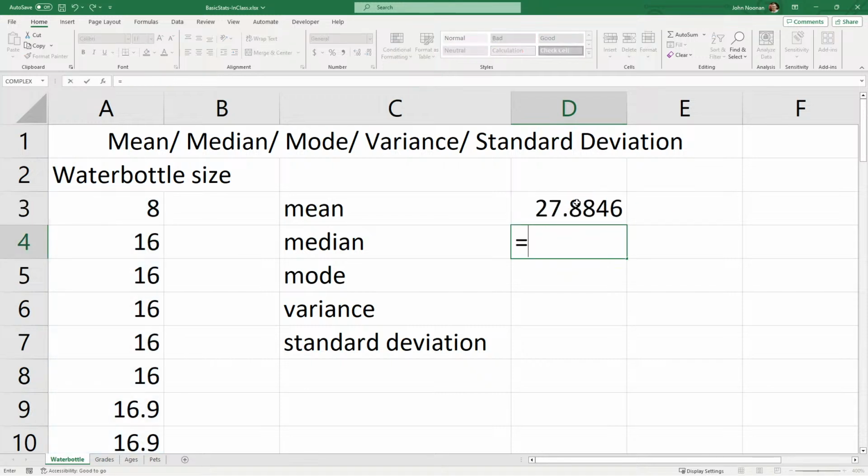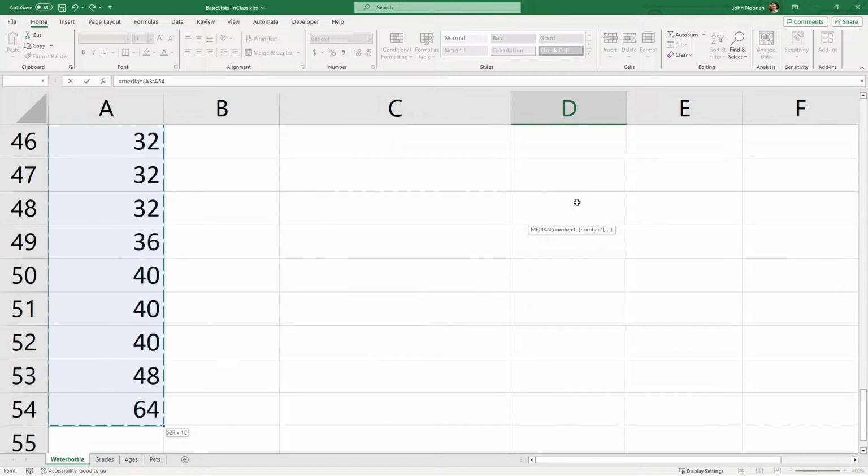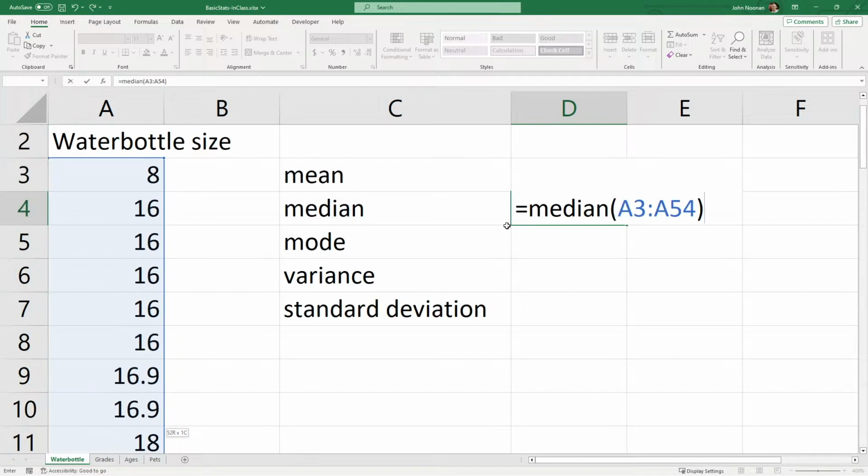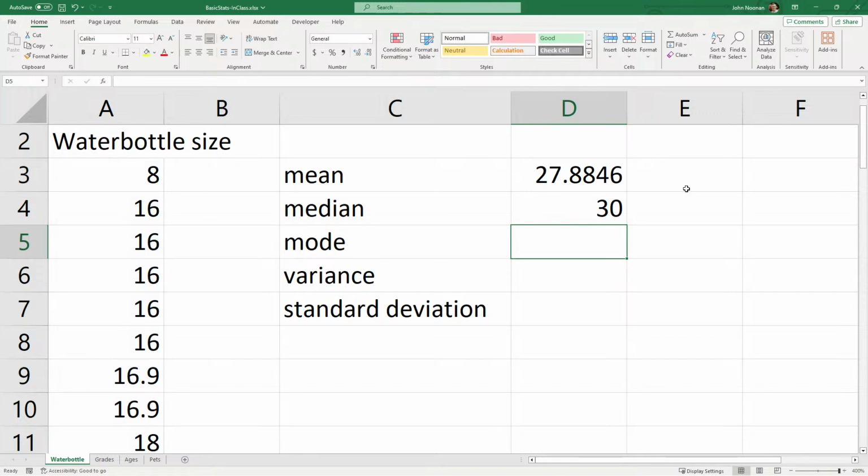Okay, so there's average. I'll tell you what I'm doing here. This is going to be MEDIAN, open parenthesis. Ooh, we didn't have quartile. We'll do quartiles as well. Anyway, MEDIAN, open parenthesis, and then I move the arrow keys. So here, arrow, arrow, arrow, up arrow. So I go to the top of the water bottle. Now, with this hand, I hold down Control and Shift with these two fingers, and then I press the down arrow, and it magically finds the bottom of the column of numbers. Then I let go of everything, and then I press close parenthesis. And if you go up here, you'll see that it's figured out exactly what it wants to do. It's the median of those numbers, and you should get this, 30.